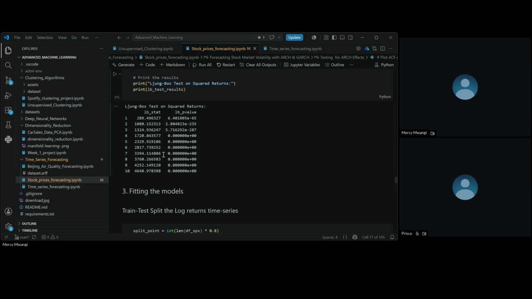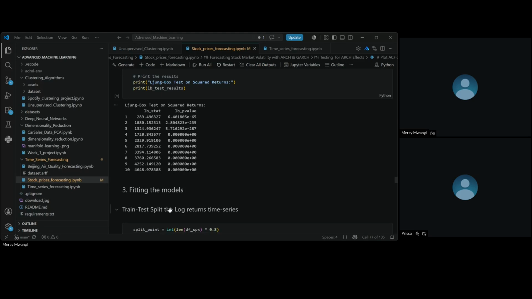The trick is, again, we're checking the p-value, and specifically whether the p-value is less than 0.05. If our p-value is less than 0.05, it means we have ARCH effects, so there's conditional clustering, and therefore we can apply ARCH or GARCH. All right. Now that we've confirmed ARCH effects, we can go ahead and start fitting our ARCH